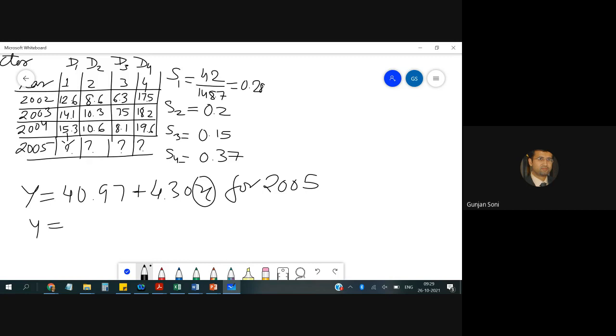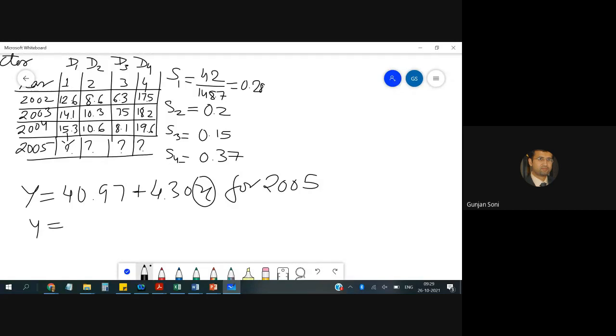See, what is the meaning of Y? Y means deseasonalized demand. That means here we have not taken care of the season, we have just taken care of the trend. Now we need to incorporate seasonality in this demand by multiplying with the seasonal factor. But we need this value, the trend using the trend line, on which we will impose the seasons. So what is the value of X in this case?